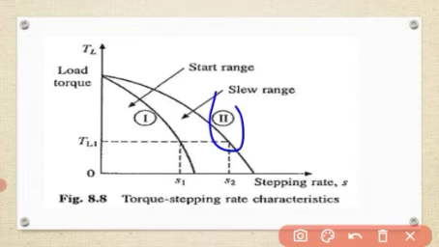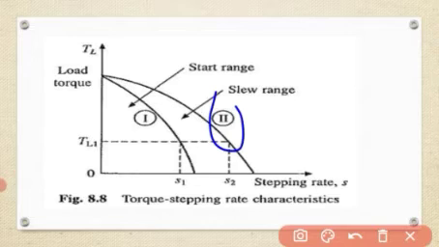Beyond a certain pulsing rate, the rotor cannot follow the command and begins to miss pulses. For example, if the pulse rate is increased very high, the rotor will not get enough time to drive the load, so it begins to miss pulses. These are called missed pulses, meaning the steppings are missed.